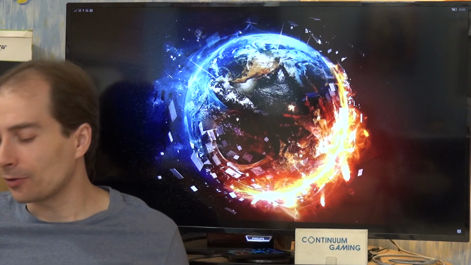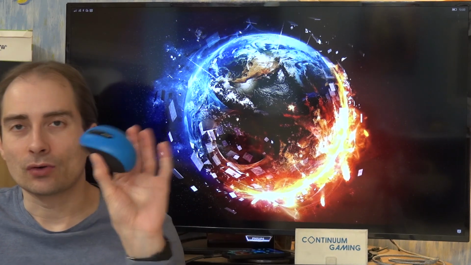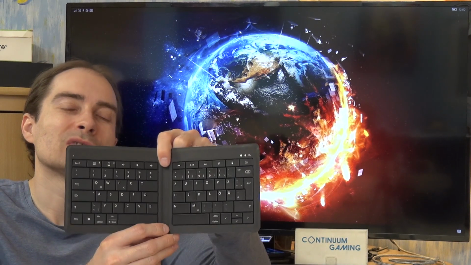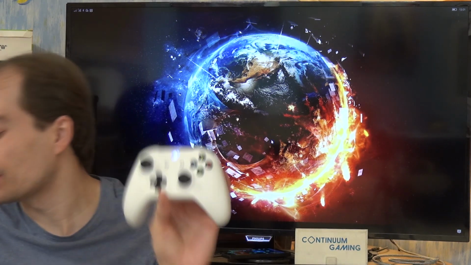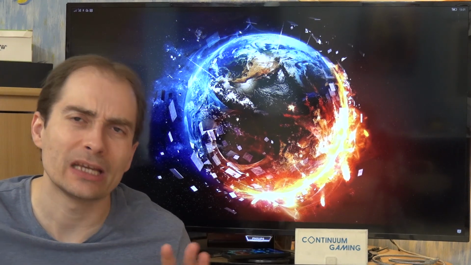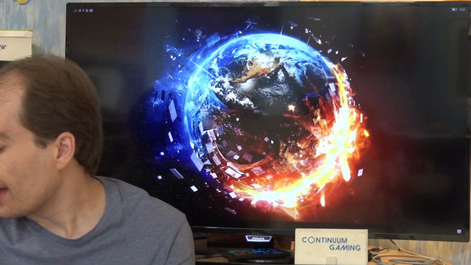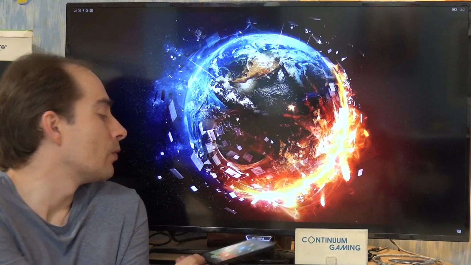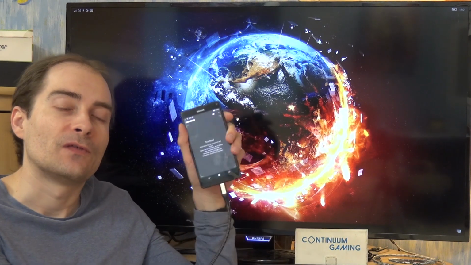As always, I've got a couple of different things with me, which are of course this Bluetooth mouse, so I can play everything here. I'm going to use my foldable keyboard, which is a Bluetooth device too. And in general, we could have the Xbox One wireless controller, but it's not going to be part of this episode because there's no game that really is well played with this one in this episode. And other than that, of course, everything is done as always with my Windows 10 mobile empowered Lumia 950 XL,